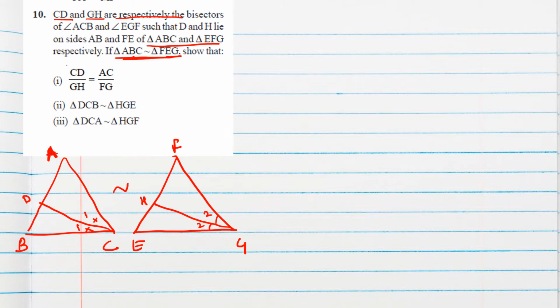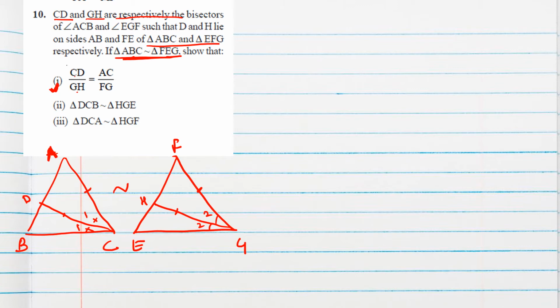See, in this always showing type question we have to check, suppose for this first expression CD by GH and AC by FG, in which all triangles these sides will come. So if you consider CD, that means this side, GH means this one, AC means this side, and FG means this side. Okay, so these two ratios we have to prove are equal.